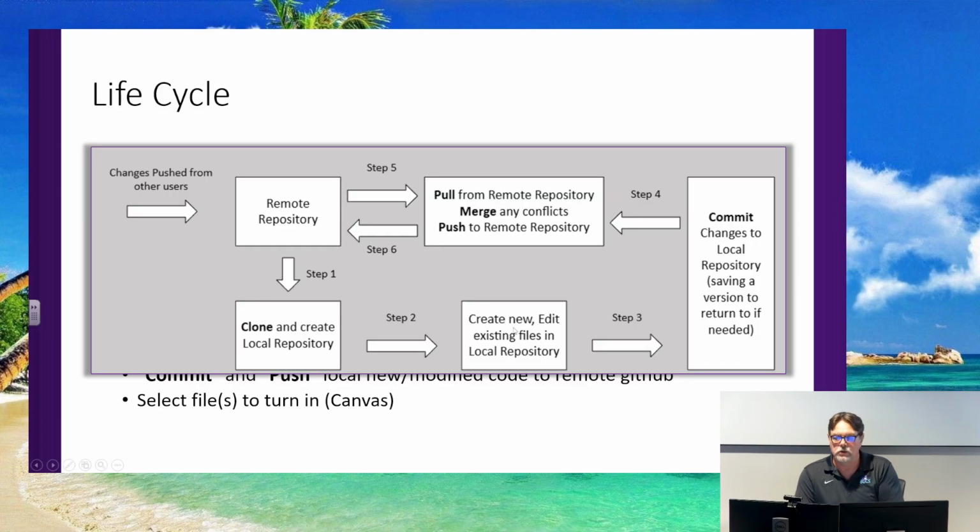Two is you make a bunch of changes to it. You commit to your local repository. And I didn't put on here the step of, I guess step 4.1 is, if you don't like those changes, you can revert back to a previous place where you committed. You can roll that forward and backward if you need to. But step 4 is assuming you're happy and you want to move forward. This is a little different than the simple use case that I mentioned.